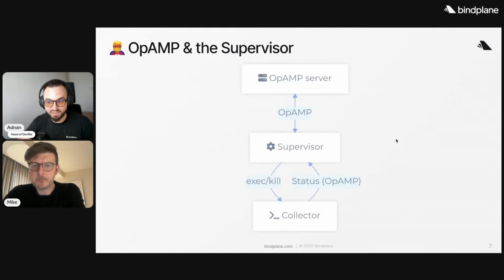And essentially what that would look like is any collector that you do have, you can reuse the manifest, or you can reuse the modules that you're using for it, add on this OpAMP extension, run a supervisor in front of it, and you're ready to go. There were actually multiple talks at KubeCon that were specifically mentioning how this new process works together. And I just find all of this fascinating. The only real thing you need: a supervisor binary, a collector binary, a config file, and an OpAMP server. And since Bindplane is essentially an OpAMP server,